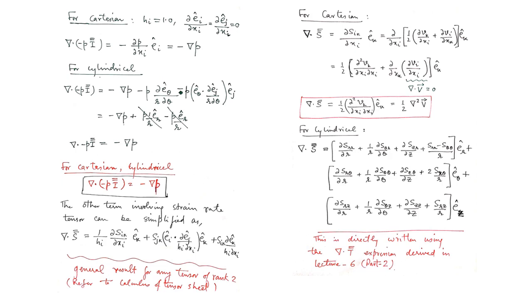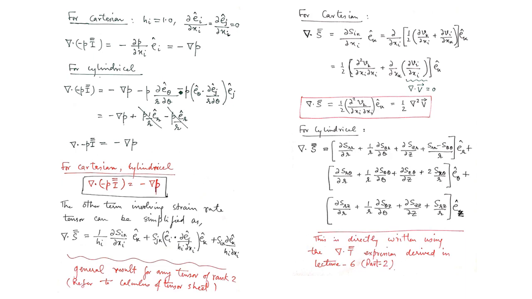So I already have my formula sheet with me, which deals with algebra and calculus of tensor functions. From there I can directly refer to and use the result for the divergence of any second rank tensor, del dot T, which has been written in that formula sheet on algebra and calculus of tensor functions. So here the general tensor T is replaced by the strain rate tensor. So del dot strain rate tensor S double bar is equal to these three terms.